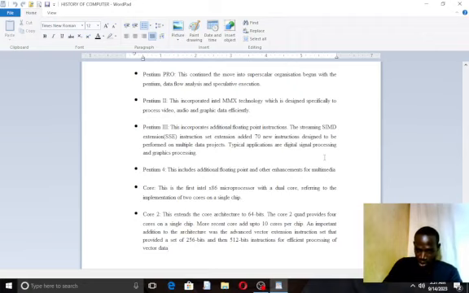An important addition to the architecture was the Advanced Vector Extension instruction set that provided a set of 200